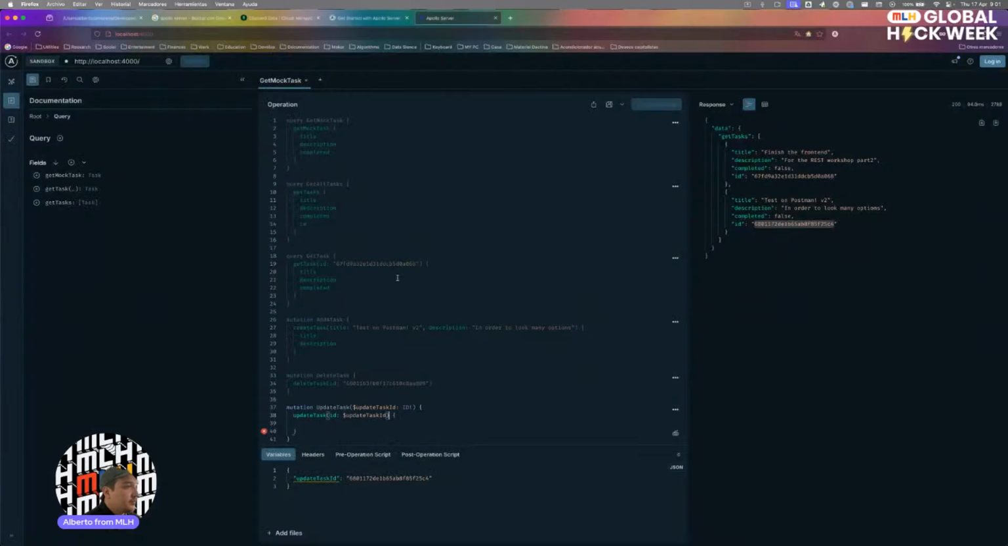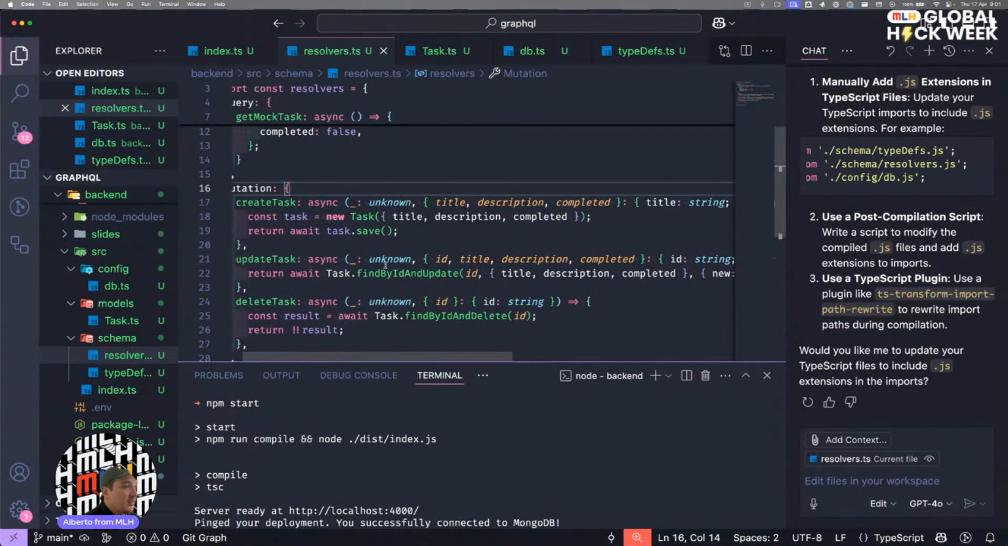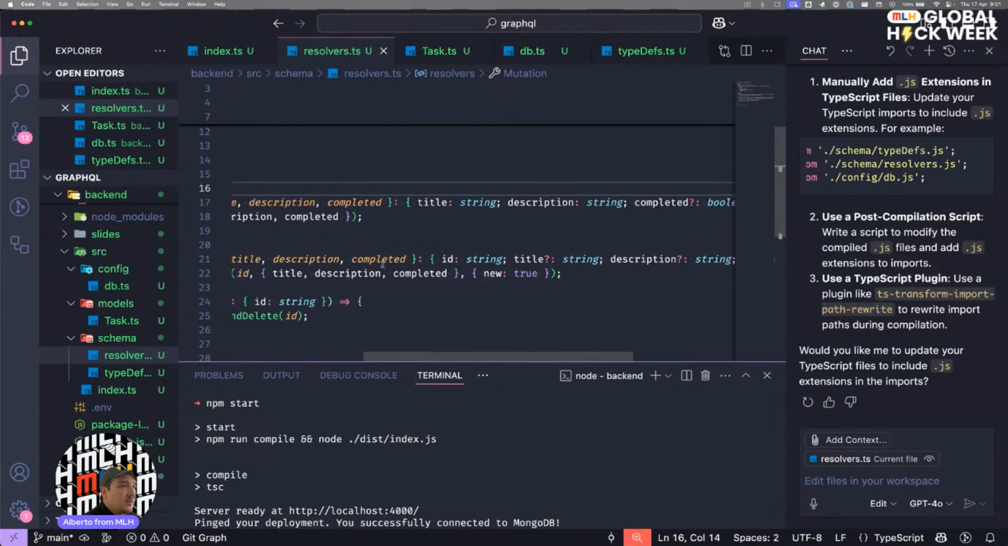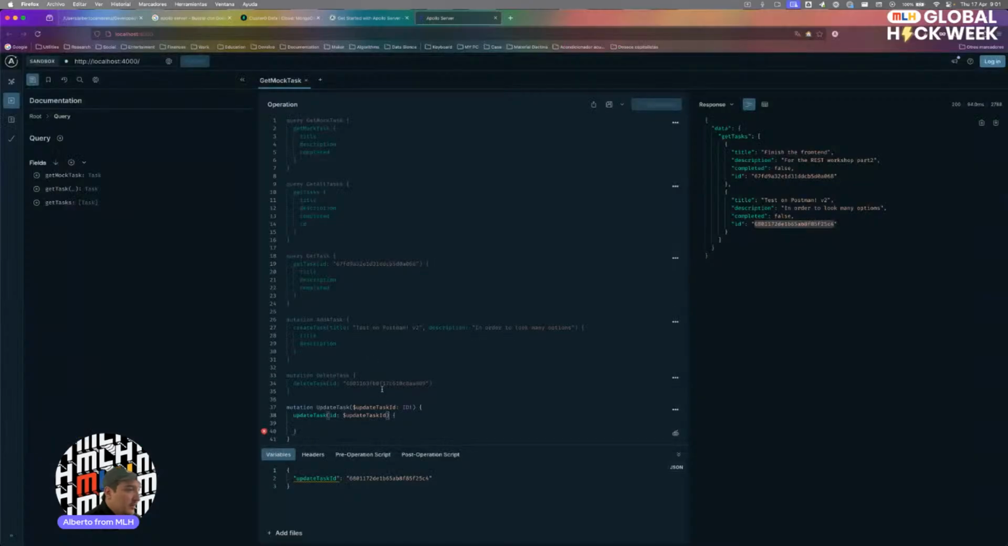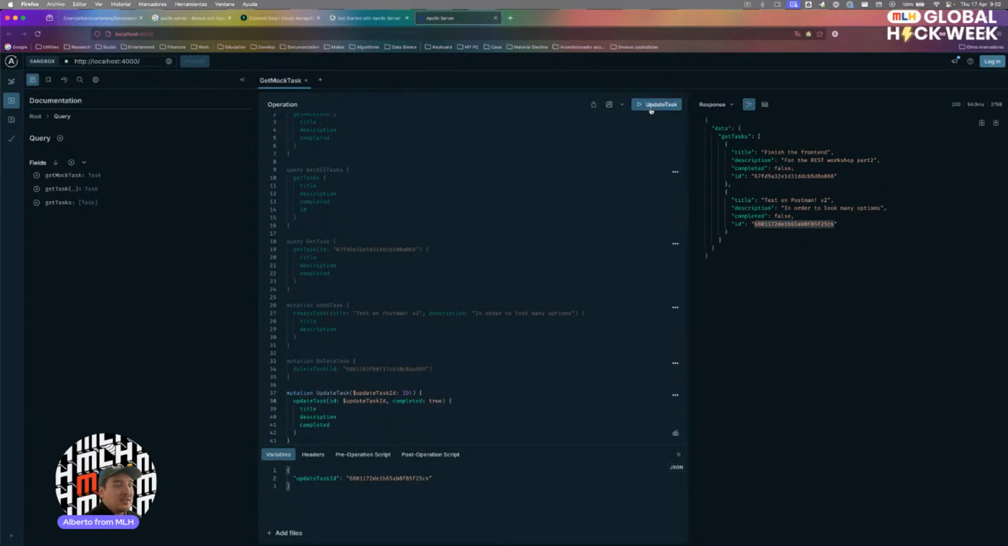Yeah, so here we received the title and the description and the completed fully, and here we add the completed. That's the only thing we want to change, and we set true. So if we run this update task,